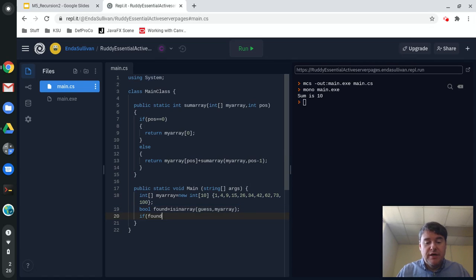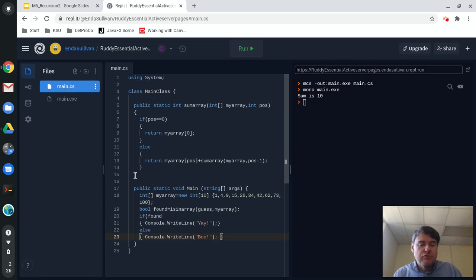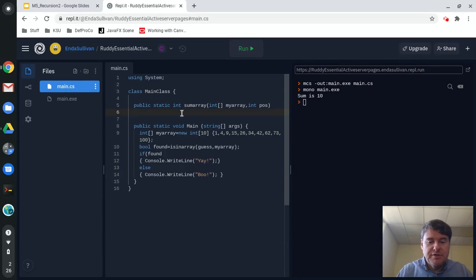And I'm going to say if found, then Console.WriteLine, yay. Otherwise, boo. Hey, we have a Halloween theme. Boo. All right, great. So we now need to write our method, which is going to be public Boolean